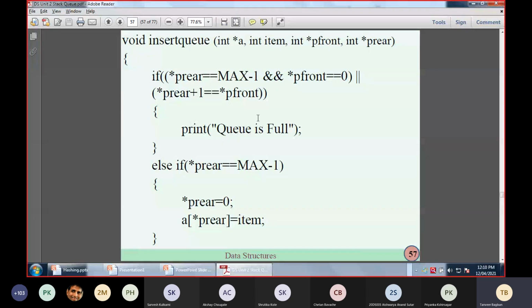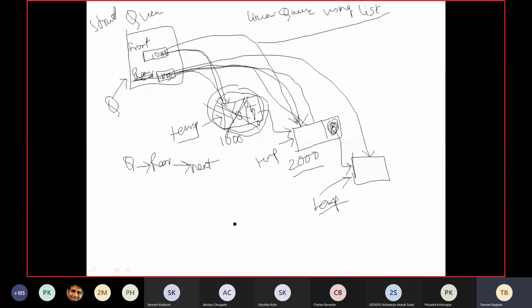Rear is front +1, then queue is also full. So you have to remember these conditions. So in exam, these conditions may be asked. Else if rear is max -1, then you have to update new rear will be 0. So if rear is pointing to last, so current rear is pointing to last node, so you have to make it circular. So after last index, next rear should be 0, and at that index you have to insert the element. Otherwise,